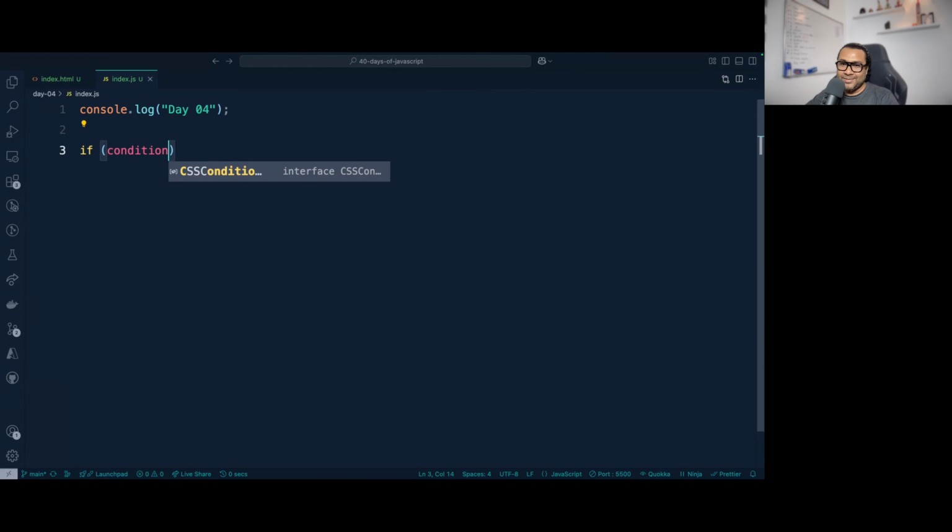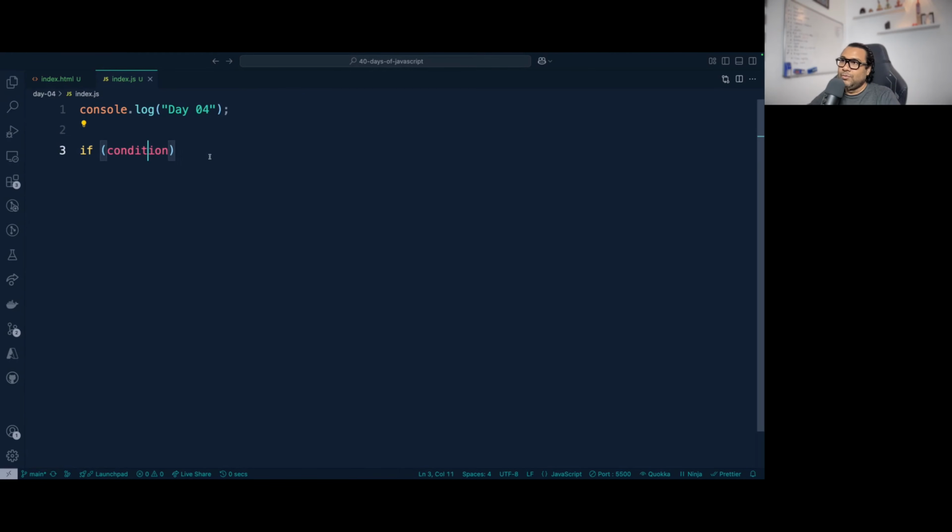So don't skip things. There are various conditional operators that we have learned about, right? We have learned about equals, not equals, greater than or equals, less than or equals, everything. And then once you use the conditional operator, you form a condition. And the result of the condition will always be true or false, a Boolean value. That means whatever you pass over here has to result in either true or false.